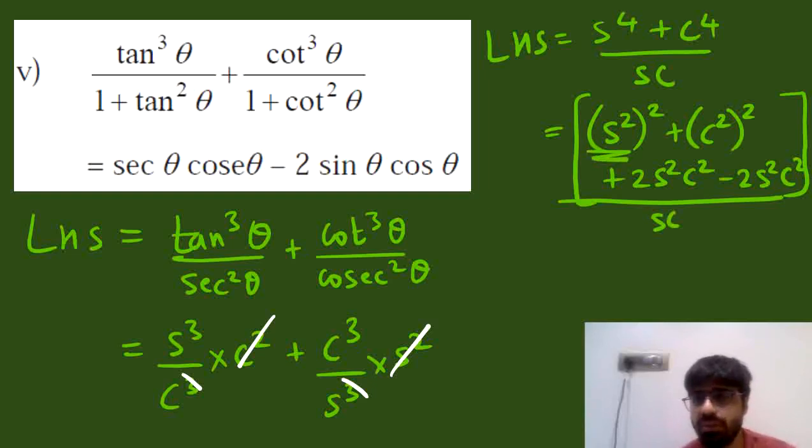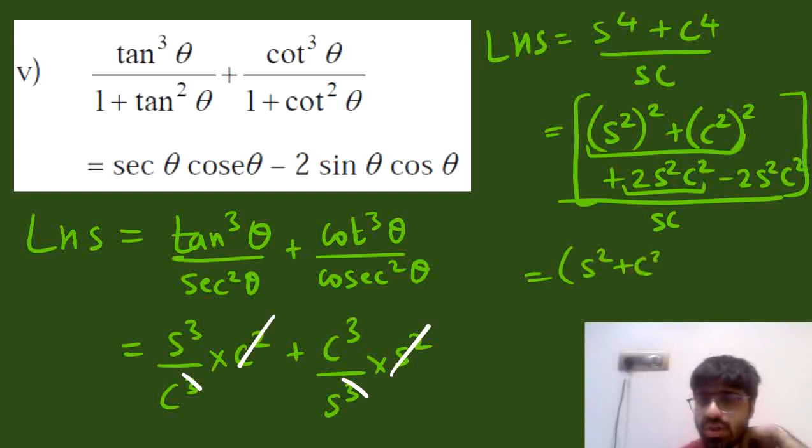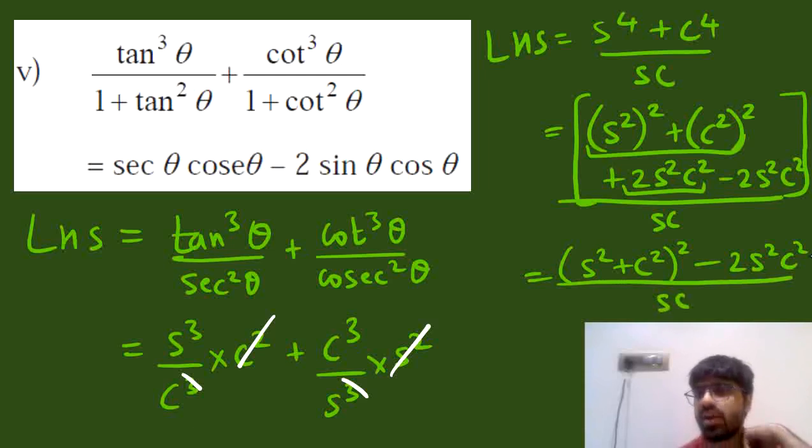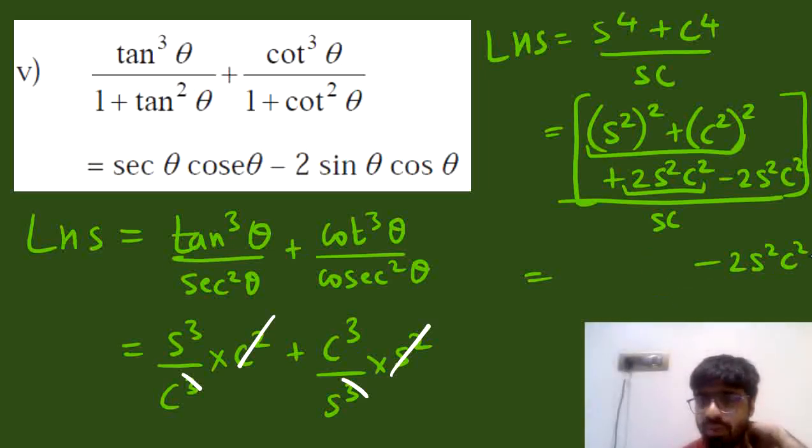Okay, the first term plus the second term plus the third term, it is like a square plus b square plus 2ab, and that actually becomes a plus b the whole square. These three terms are sine square theta plus cos square theta the whole square minus 2 sine square theta cos square theta upon sine theta cos theta. Sine square theta plus cos square theta is 1. The square of it is also equal to 1. And then when you split the terms, the first term would be 1 upon sine theta cos theta. And in the second term also you will have a sine theta cos theta in the denominator. If you cancel off that term, you will simply be left with 2 sine theta cos theta as the second term.